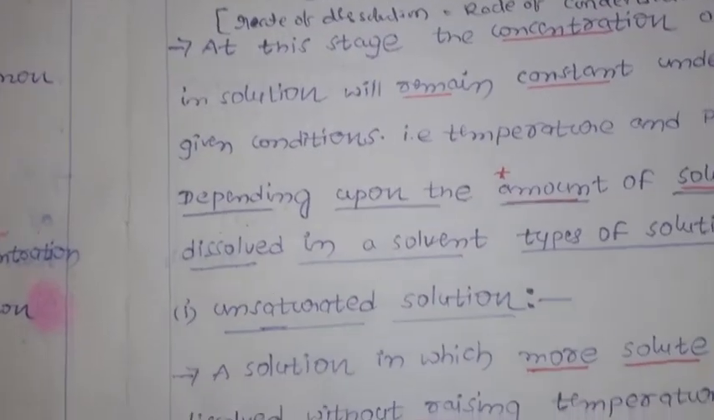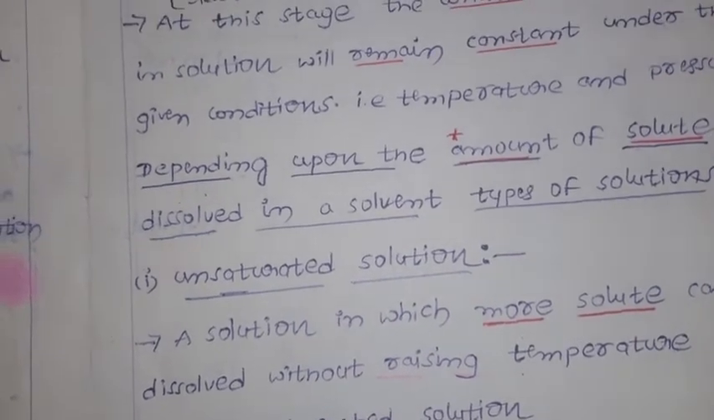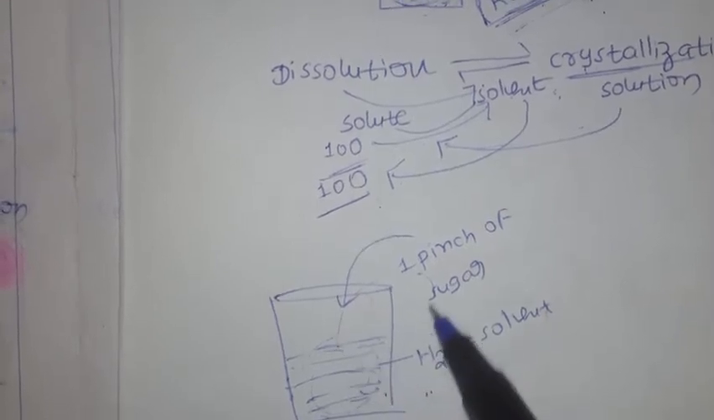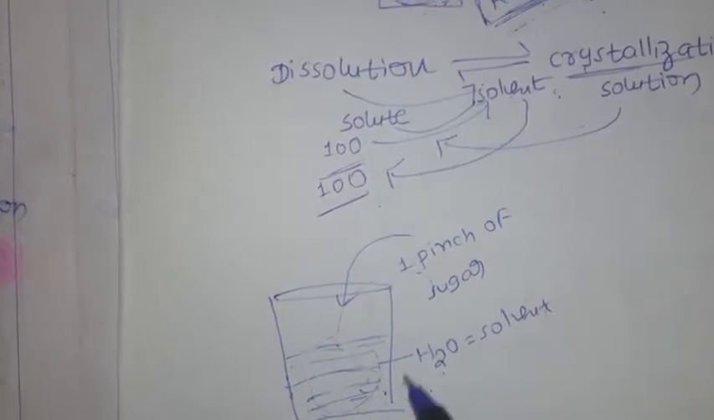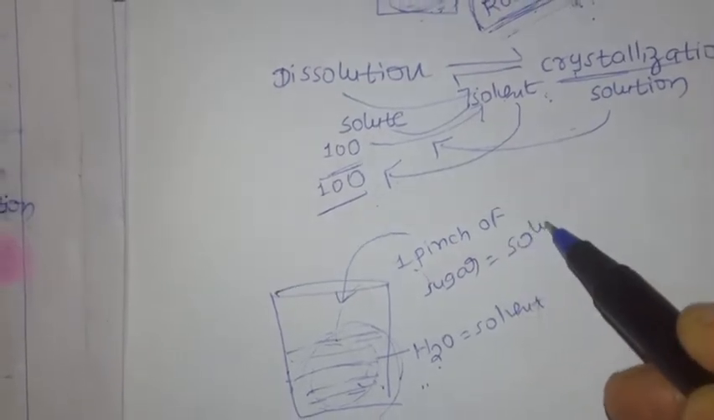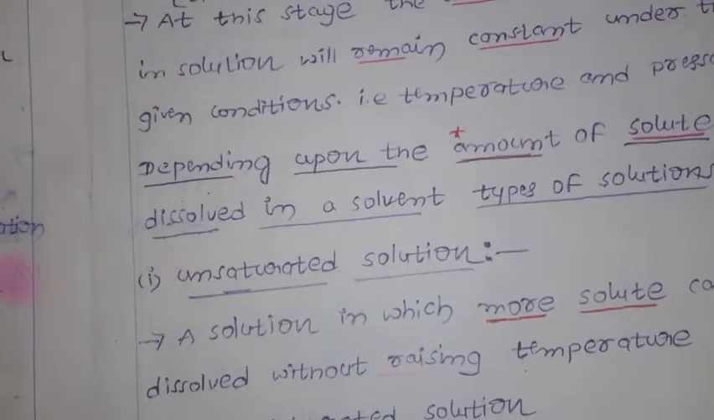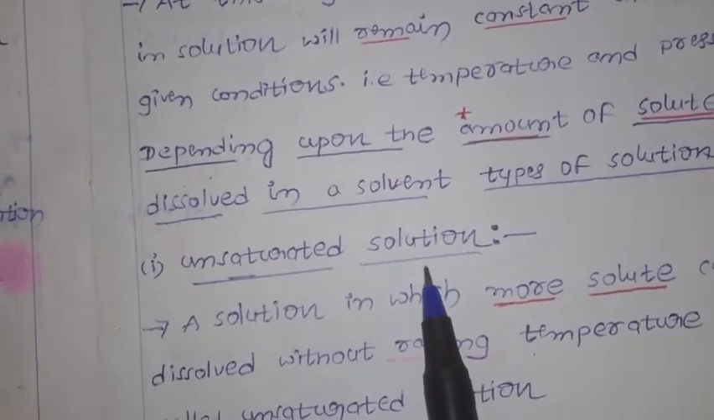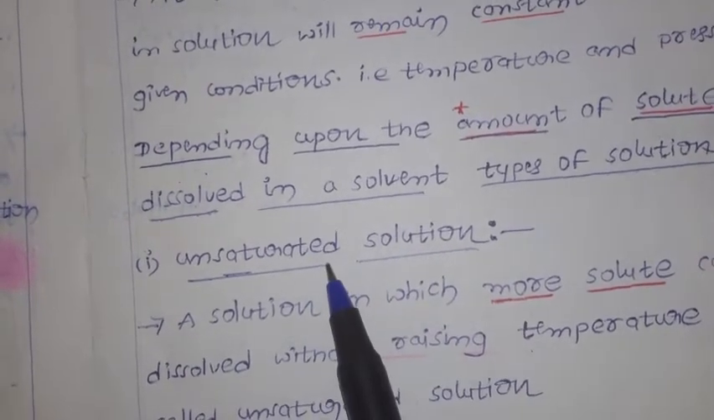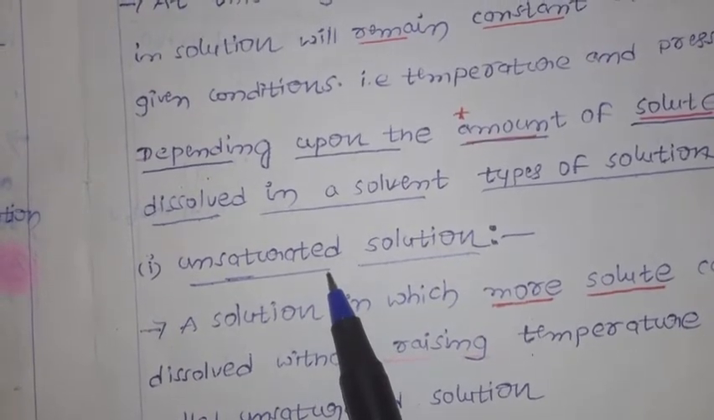Here a solution in which more solute can be dissolved without raising the temperature. You can see we are going to add the sugar one pinch at a time, and you need not go for the heating. Here sugar is the solute. Solute plus solvent is called a solution. So this type of solution is called an unsaturated solution. It is again going to ask for solute, meaning it's not happy with the amount of solute. It is again asking, so that type of solution is called